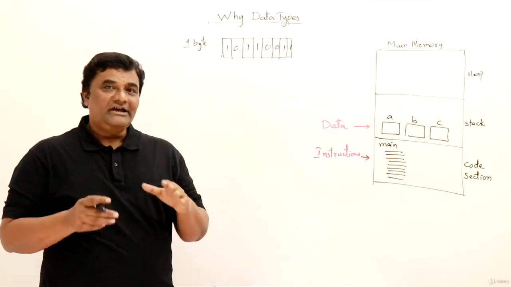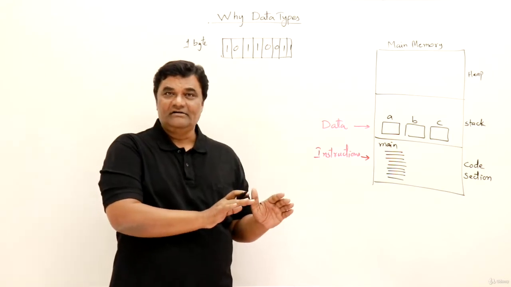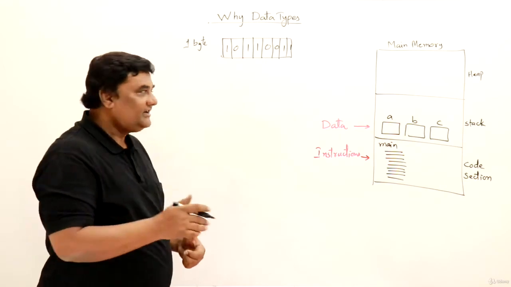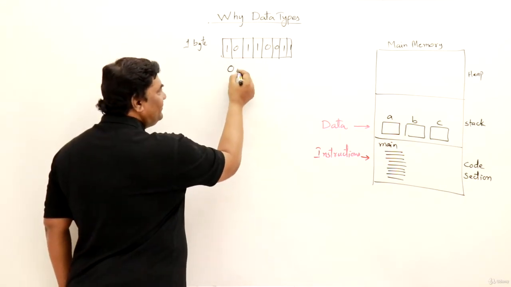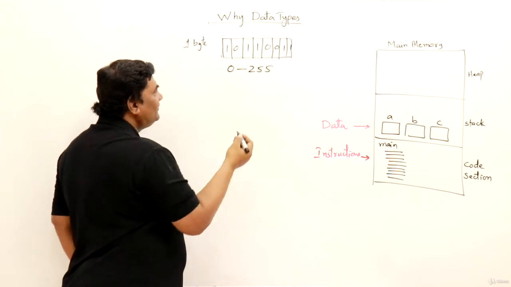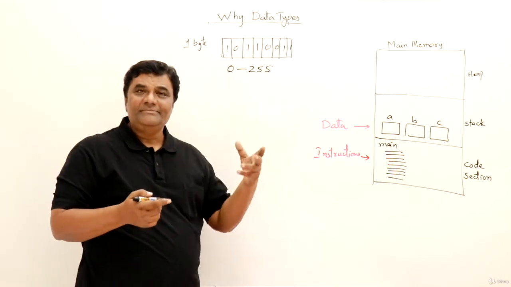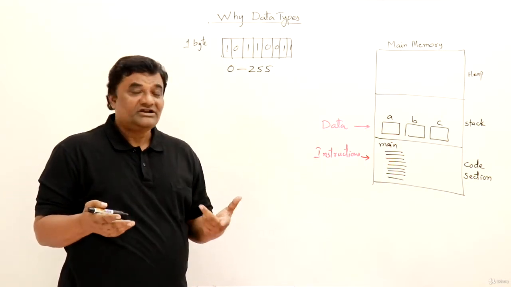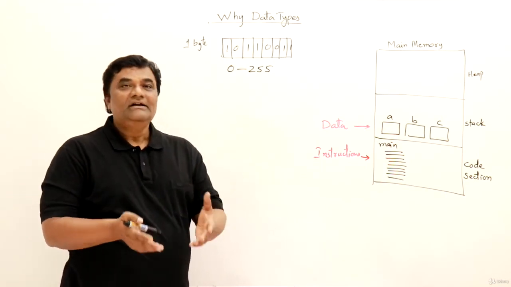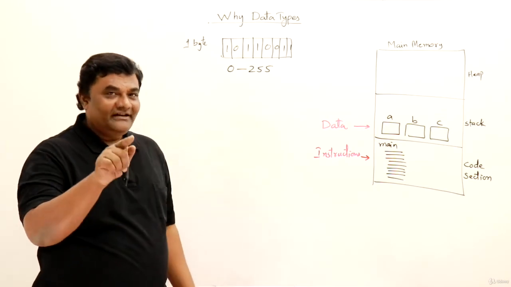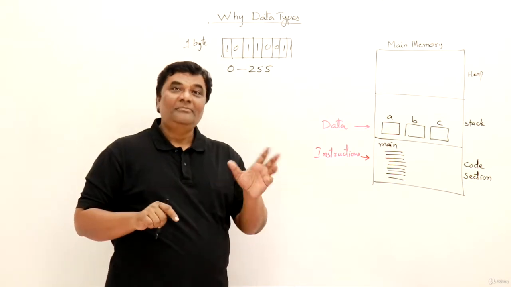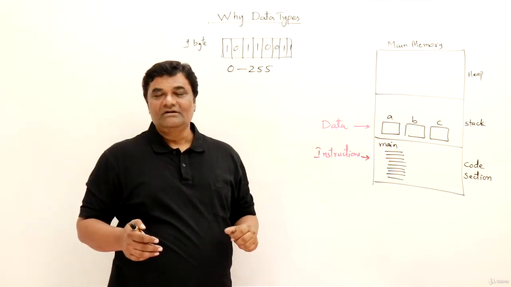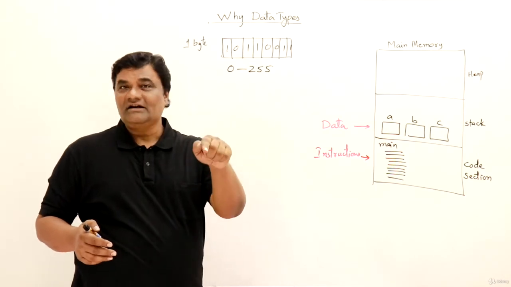Now the question is, if you want to store integer type data, shall we take just 1 byte? In 1 byte, what is the maximum number that we can store? The minimum is 0 and the maximum is 255. So the largest number is 255. I cannot have bigger figures. Then shall we take more than 1 byte? Yes. Shall we take 2 bytes or 4 bytes? So this we will learn in the next video, that is, for integer, how many bytes it will take and what is the minimum value and the maximum value it will store. These are the things that you will learn in the coming video.